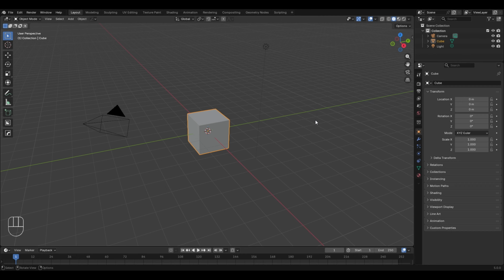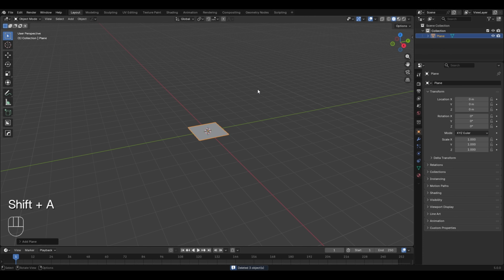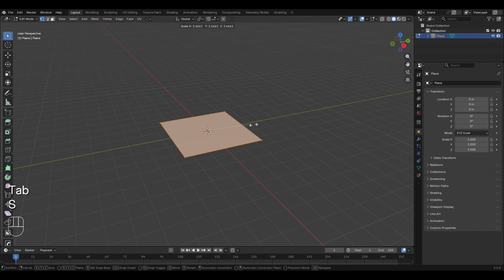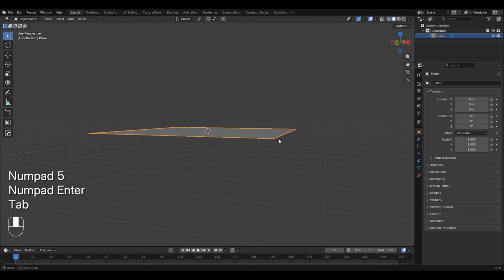So coming back to the first thing, which is to create the floor and the walls, I'll first delete all the objects in the scene right now. So press A to select and X to delete. Now press Shift A, go to mesh, and I'll be adding a plane object for now. Then go to the edit mode and I'll scale this up, let's say 5 times, and then return back to the object mode. This will act as the plane, or basically the floor on which we'll have the tiles and